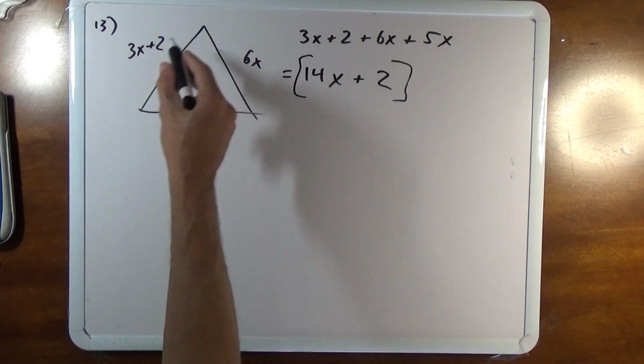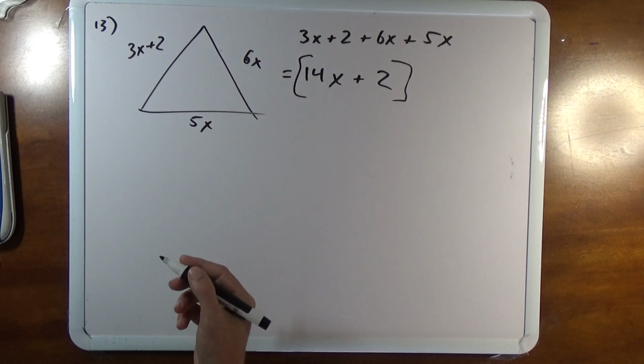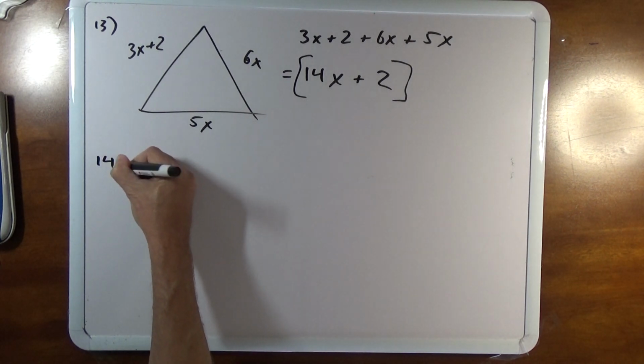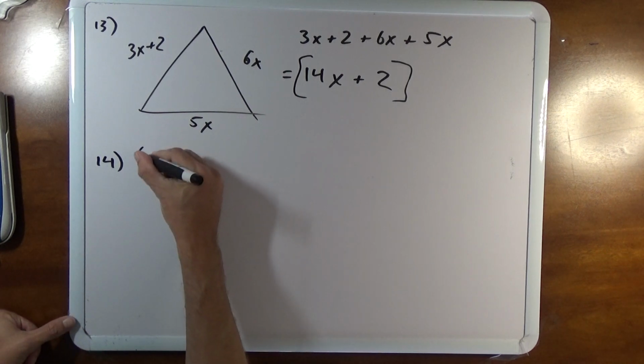Sometimes you'll get algebraic expressions for side lengths in a geometric figure like a triangle or a square or whatever. Sometimes you'll have to set them equal to each other, but again, this is not to scale, so you're just adding it. So 14 says simplify the difference, so I have a quantity